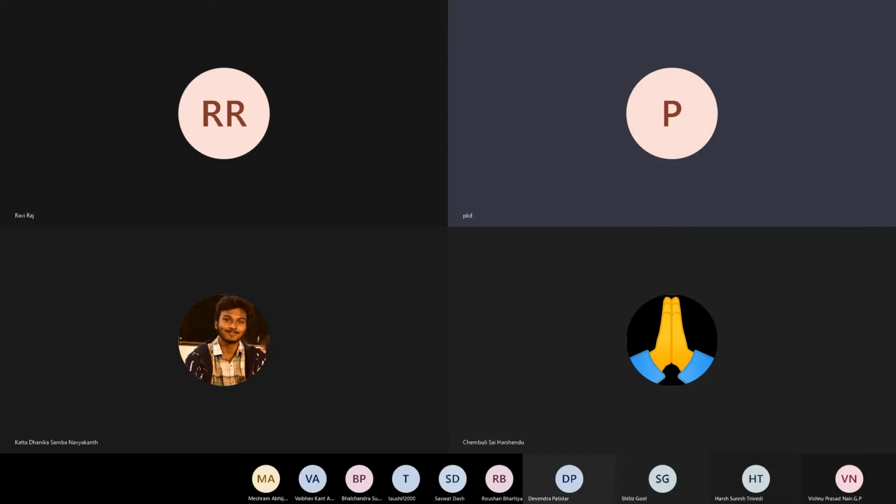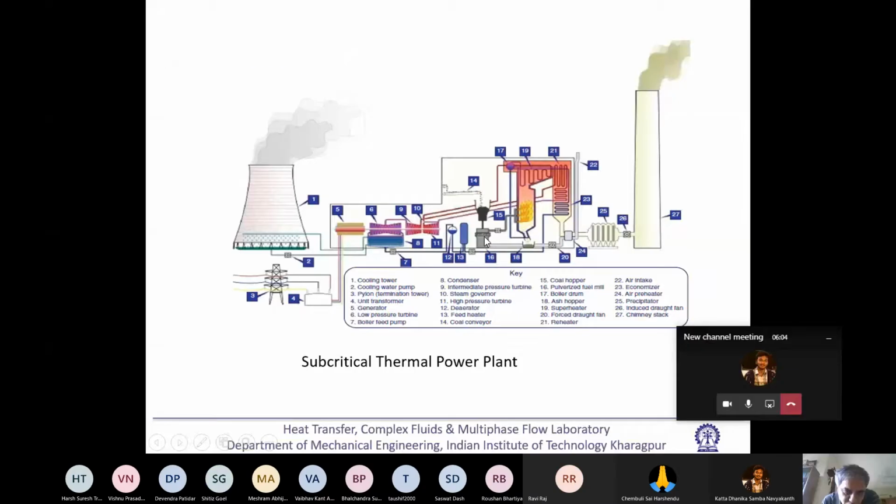Mill. So there are different kinds of mills, and the ball mill is one of them. So it is going to the ball mill. Then this line, if you see from here, atmospheric air is coming, and the atmospheric air is carrying this coal dust into the boiler, and then the combustion is taking place over here. You can see the flame, and then the hot gas is passing through this.